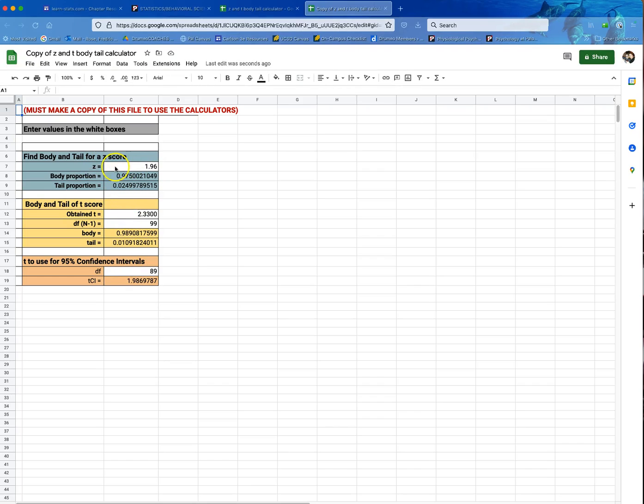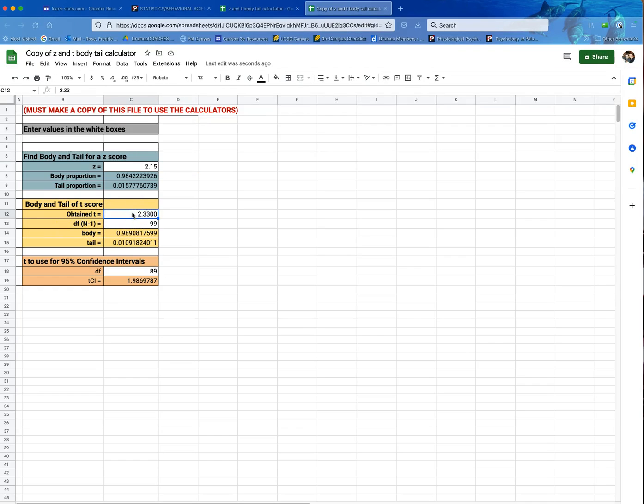Use the figures. So if I was doing a Z calculation and I didn't have my textbook handy, I could just type in a Z of 2.15, hit tab, and it says the body proportion is 0.98 and the tail proportion is 0.015777. If you looked up 2.15 in Appendix A, you would see exactly those numbers. So that's a shortcut around having to use the textbook. But for numbers 11 and 16, it wants you to calculate or find the tail proportion of whatever the value is. So for that, we use this yellow set of boxes.